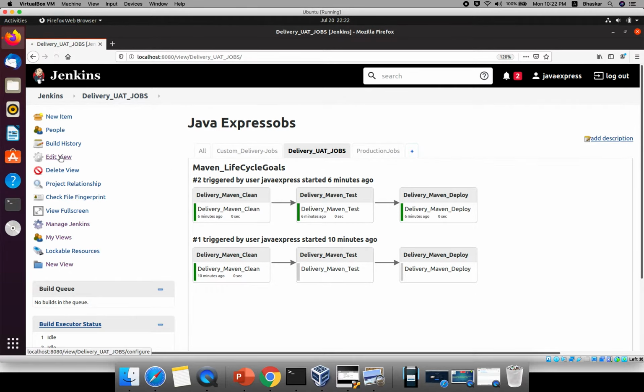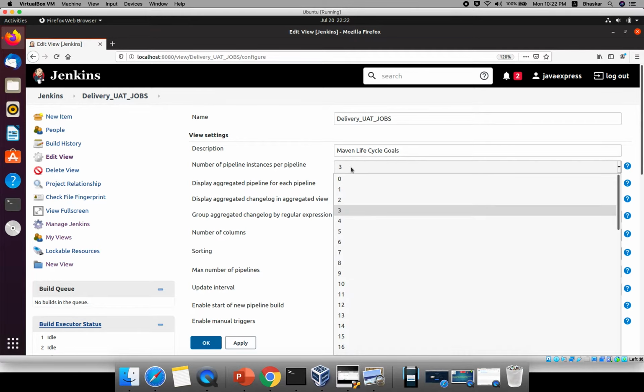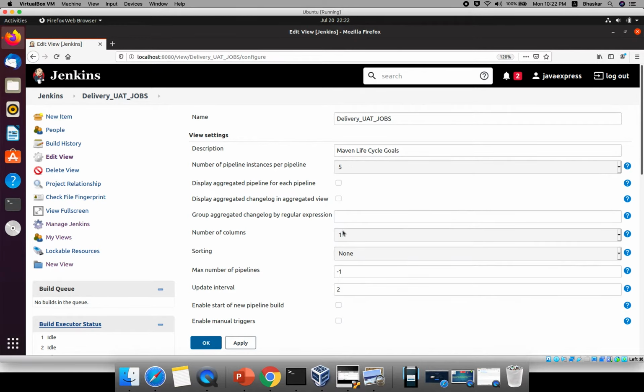Click on Edit View. If you want, you can give a description, like Maven lifecycle goals. Here, for the number of pipeline instances per pipeline, I want to give 5. There is a number of columns.